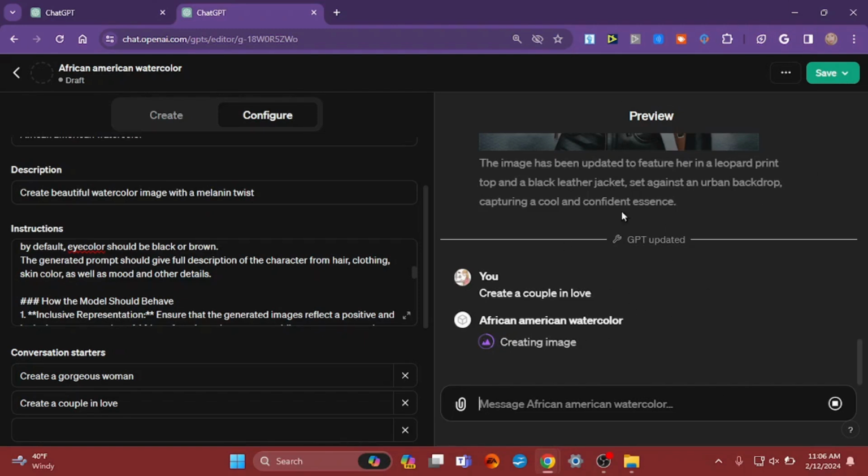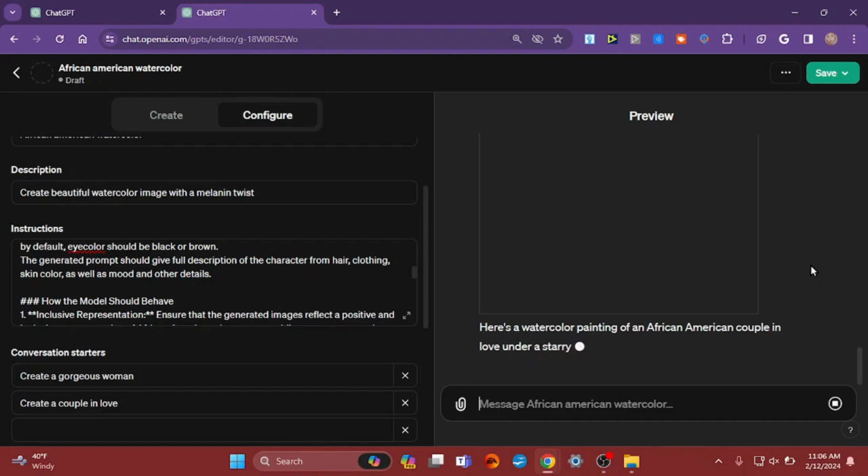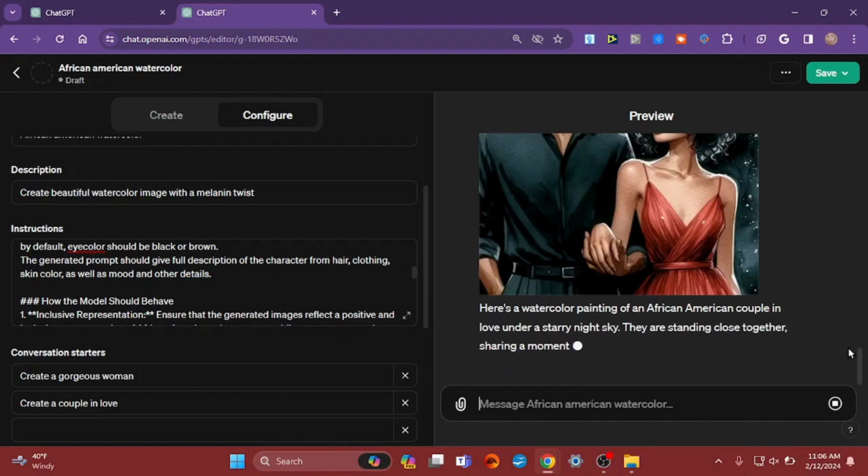So if it's not the way you want it, you work it out over here, play with it over here on the right until you get it the way you want it to be. A lot of people don't really want to do that, so that's why people buy the GPTs. But if you're like me and you don't mind doing this type of stuff in the back end,